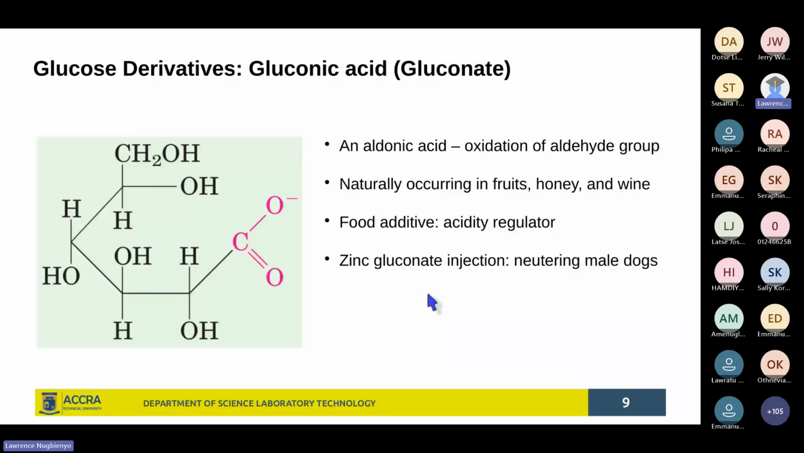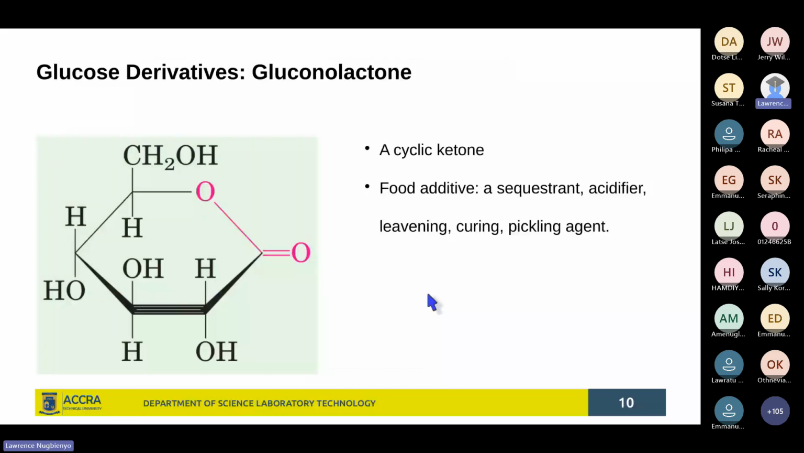So it has such veterinary use as well, apart from it being used as a food additive, regulating acidity in foods. You can use it in the form of its salt with zinc and the amino acid arginine for that veterinary use. Right. So we move on to another, which is